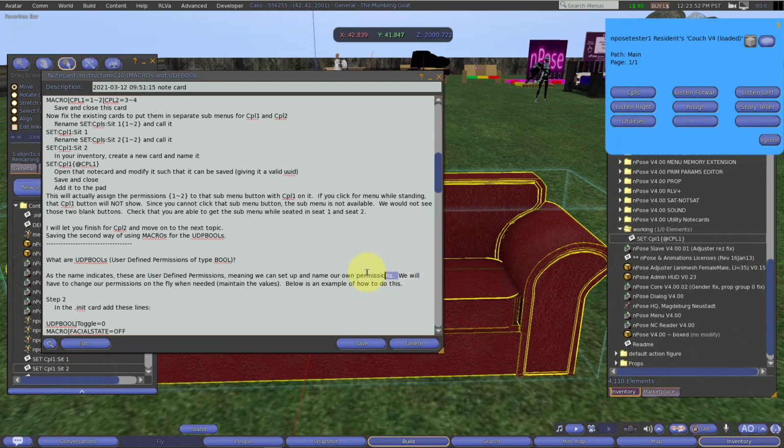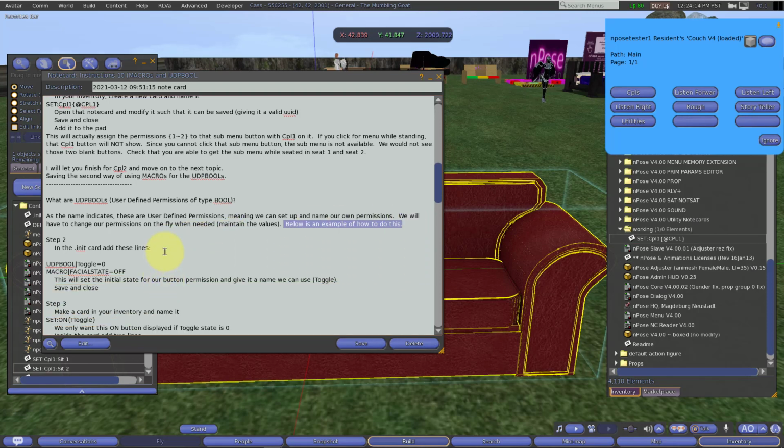We will have to change our permissions on the fly when needed. So in other words, we need to maintain the values for our UPPBOOLs when the situation requires it. And it says we're going to work through an example of this. What we're actually going to do is create a toggle button in the menu. Okay, so